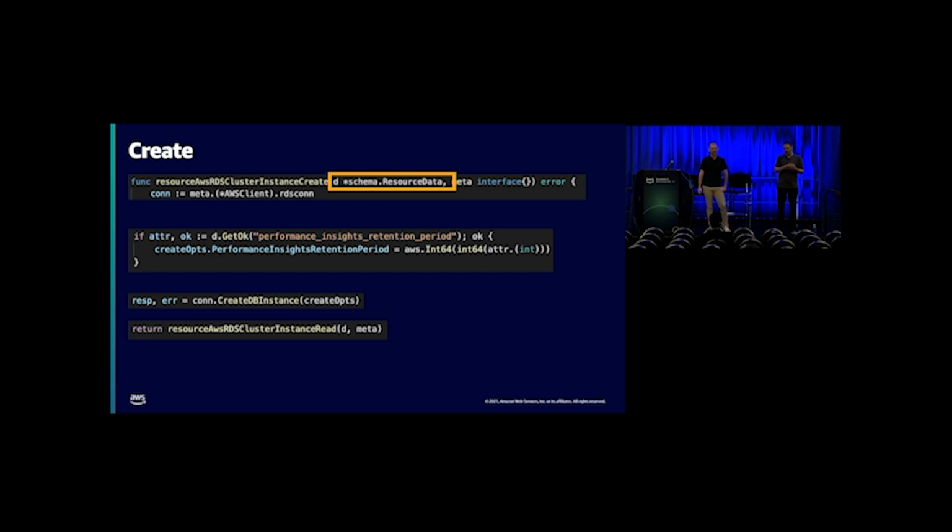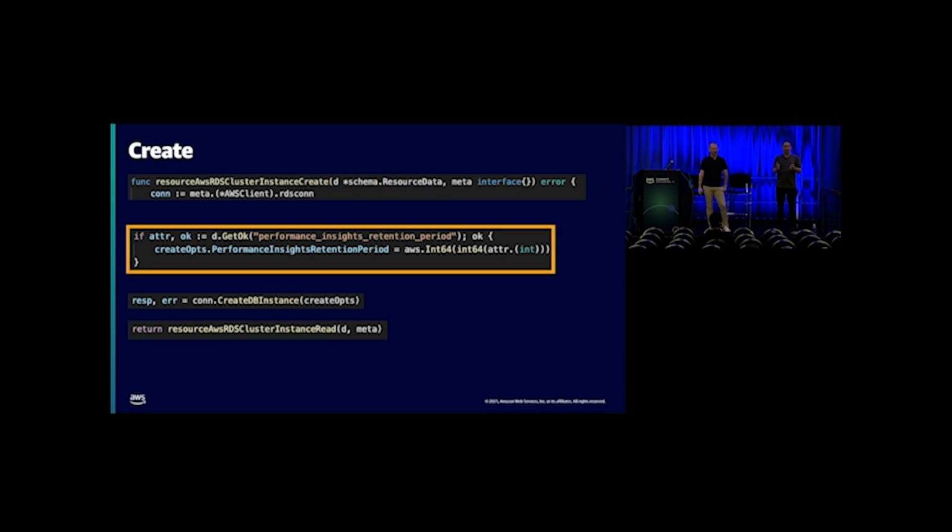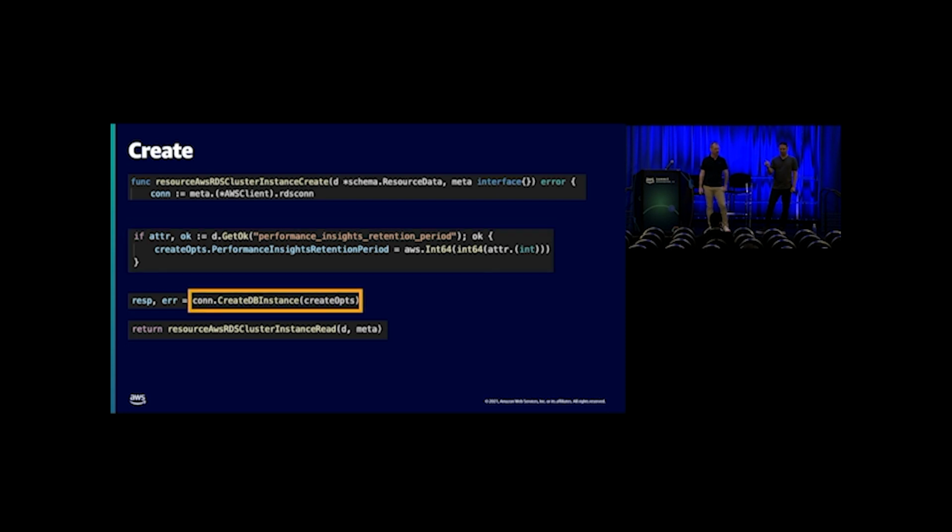The only change that we had to make to the create function here is checking whether or not our parameter performance insight retention period was passed to HCL. So you see here, get OK checks for the name of the parameter, and if we get a true, then we take the value from that parameter and add it to that map called create ops. And that create ops is then used a little bit further down the function to run the SDK call. So this is how it translates from HCL to the actual API call that gets made. It's just marshaling it from HCL into this map.